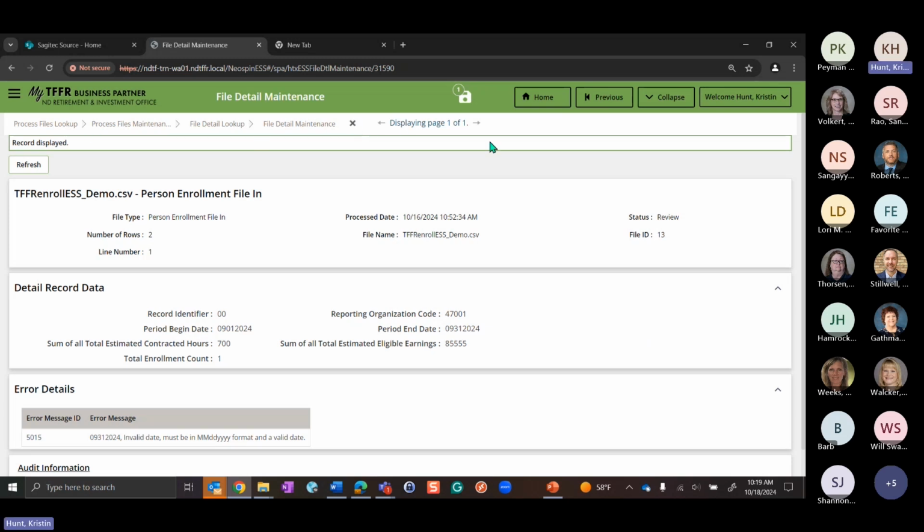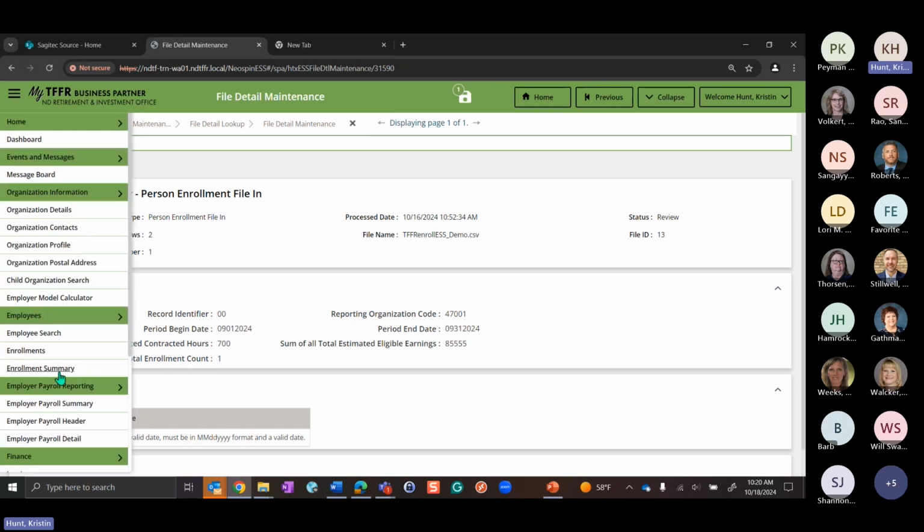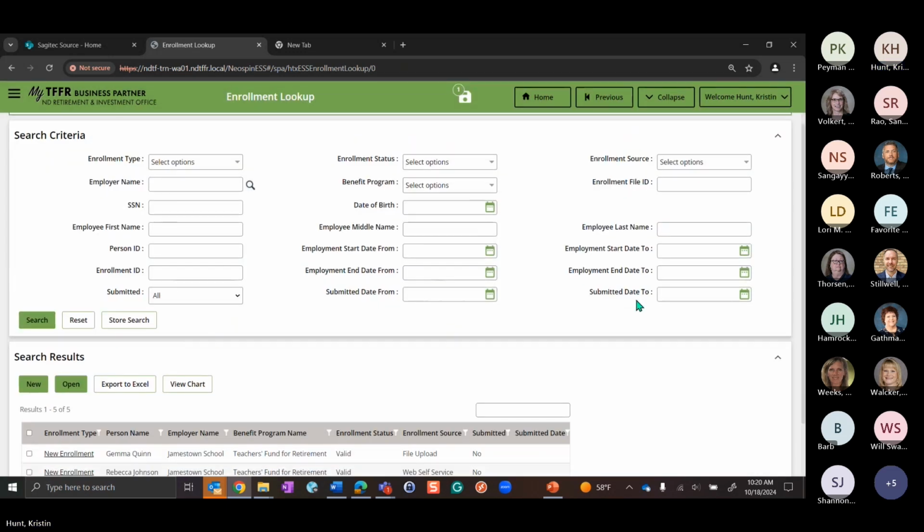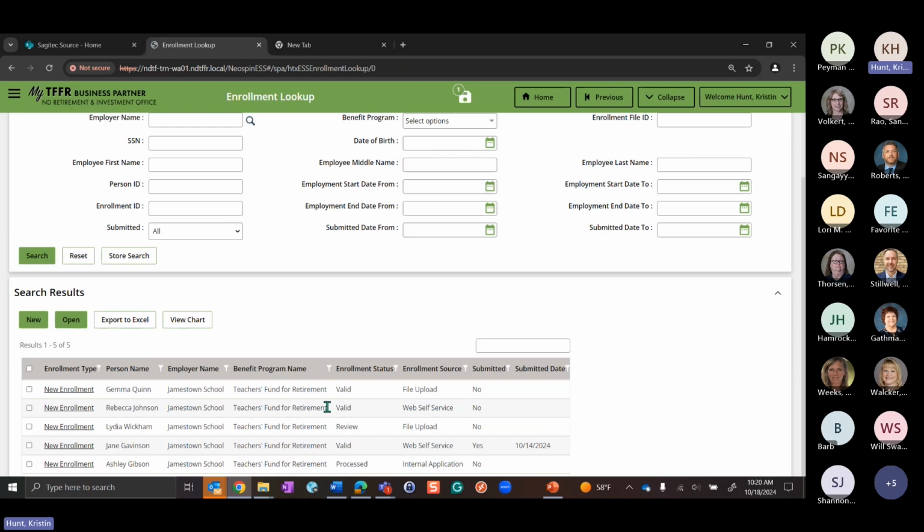With that said, the next thing is when you have an enrollment. There are two ways that you can submit this enrollment. Now they have been uploaded, so I can go here and look at the enrollment lookup screen. I can search and we can see that this Gemma Quinn is a new enrollment, and this is my file upload.